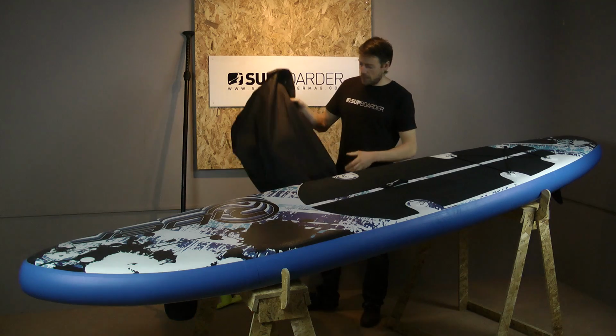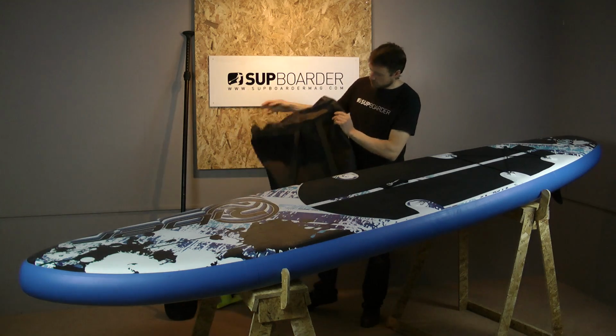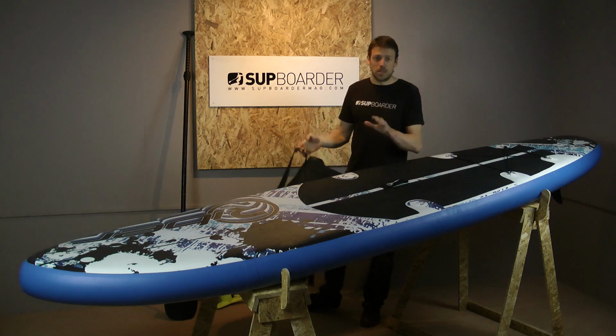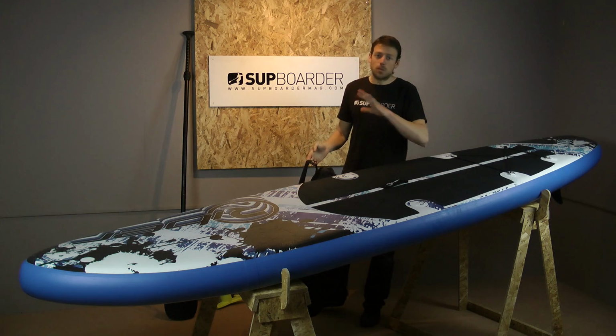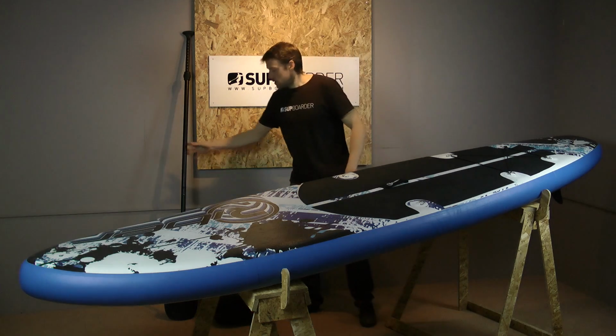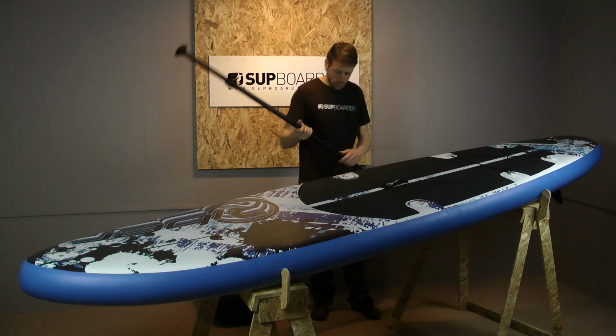Comes with a super basic bag. Basically it's like a stuff sack, two backpack straps, nothing fancy. To be honest, it's going to do adequate to go from the car to the beach, but I really wouldn't want to walk too long a distance with it. So it's a stuff sack, and also, as I said, it comes with a 3-piece paddle as standard in